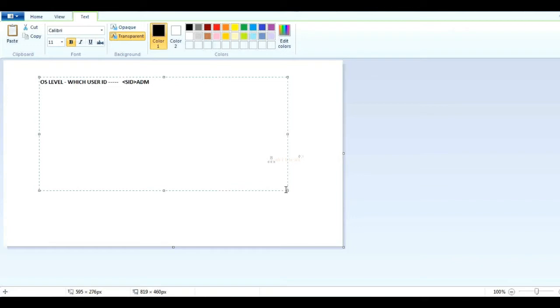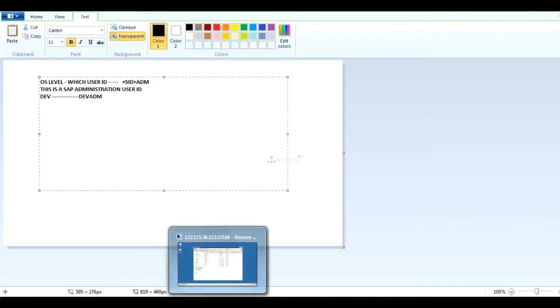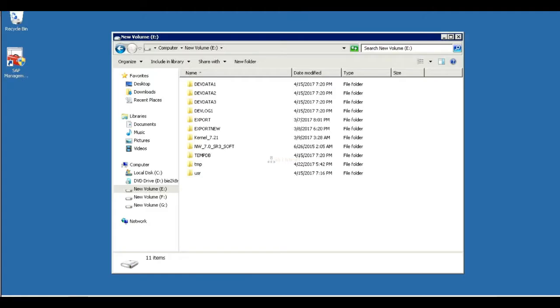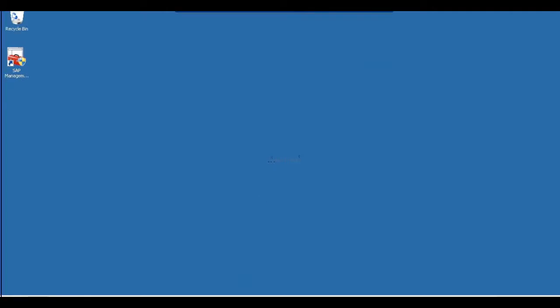What is the use of the SID ADM user? This is the SAP administration user ID, right? So what is our SID? DEV. So what is my ID here? DEVADM. This user ID I need to log in with.